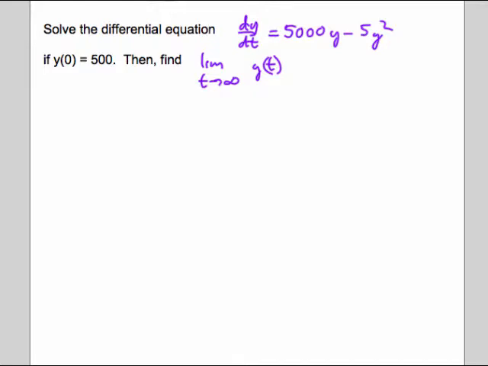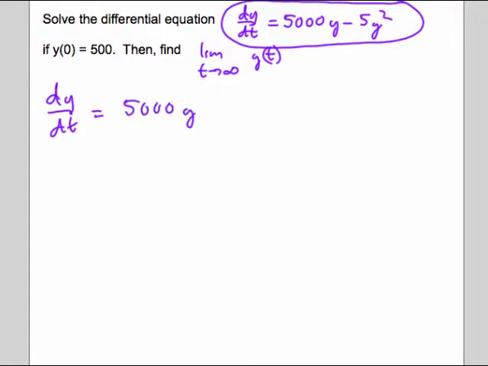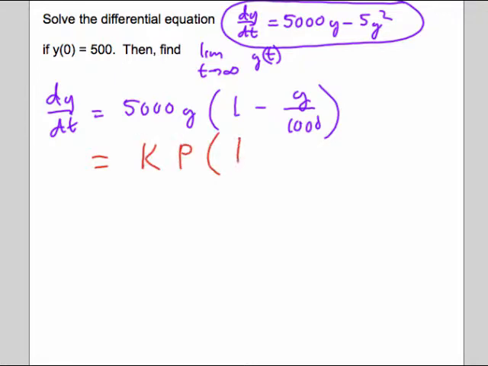So let's look at some examples of how we would be expected to use this result. We want to solve this differential equation with a given initial condition and then find the limit. So first I'll take my differential equation, and what I'll do is factor out 5,000 y, and that will leave me with 1 minus y over 1,000, and I will recognize that I have my differential equation in the form of a logistic differential equation